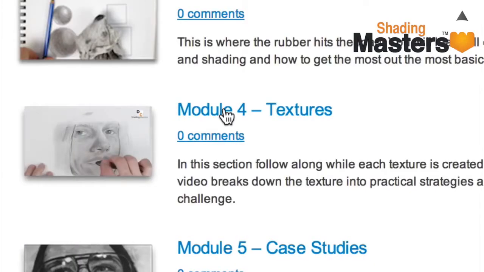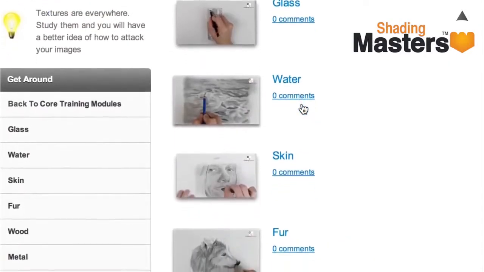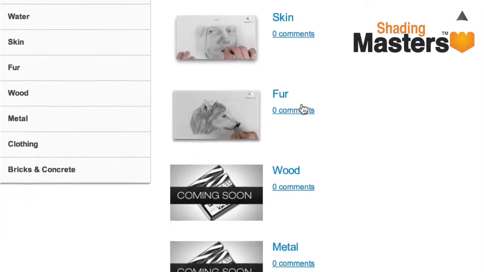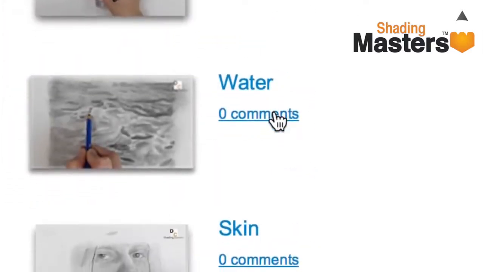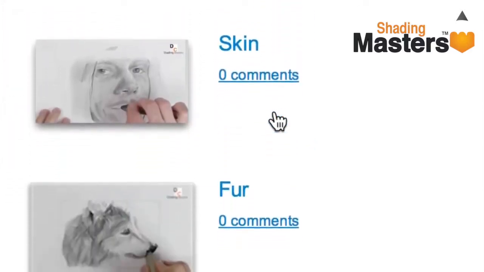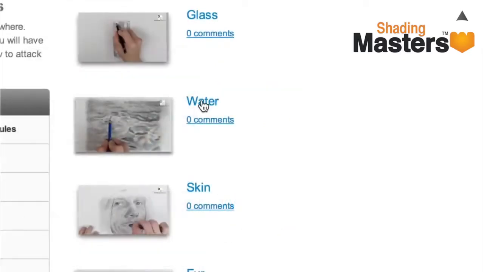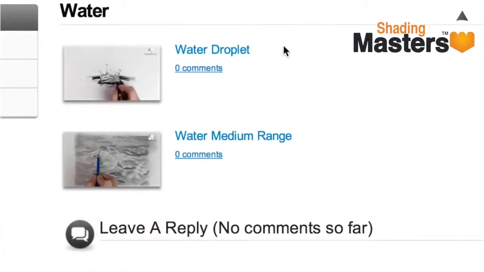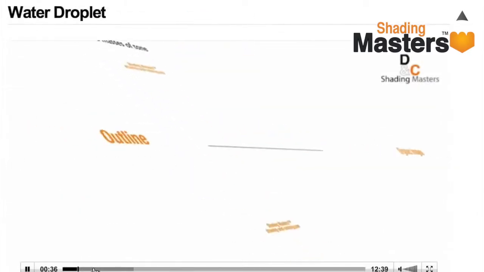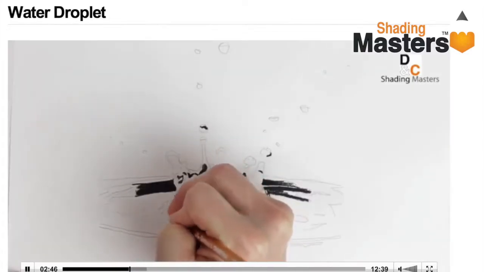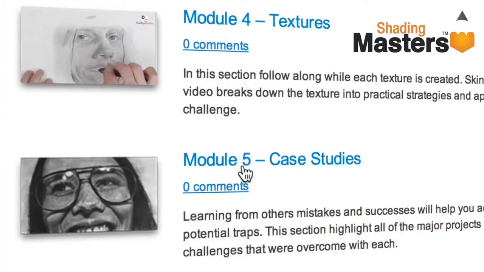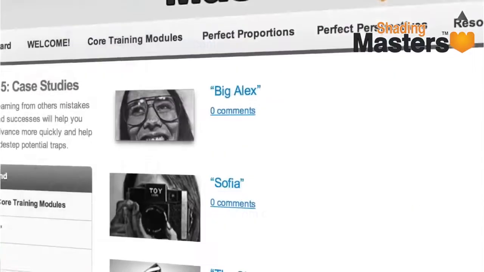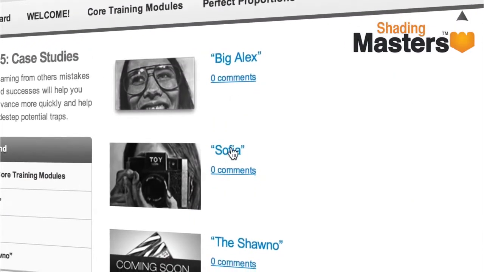Then we're going to teach you specifically how to capture different textures. The specific ones. How do you draw bricks and concrete? How do you draw clothing, glass, skin, water, and a lot more? And we break down each of them and give you a step-by-step approach to how to effectively draw each and every one of them. And then finally, you'll learn from case studies of all of my large pieces,